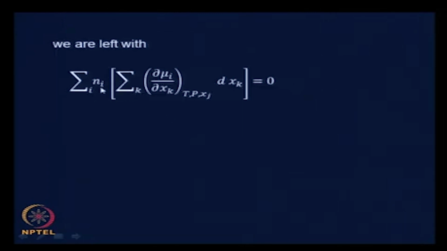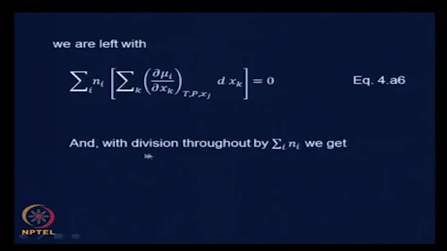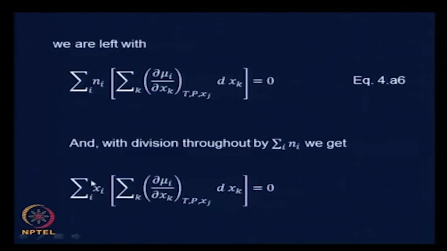just this, which is sum over Ni times the internal sum over all k, dou mu I by dou xk at constant T, p, xj, dxk equals 0. And what would be easier is if we divided throughout by sum over Ni, then this Ni by sum over Ni would become xi. Here it goes to 0 anyway. Therefore it became sum over xi times the internal sum over k, dou mu I by dou xk at constant T, p, xj, dxk